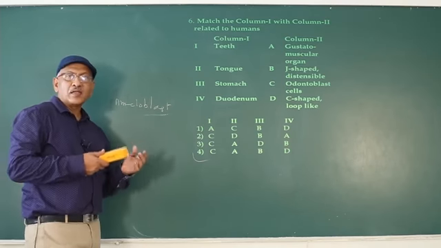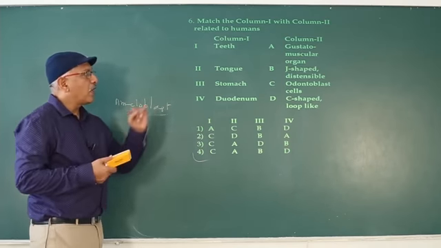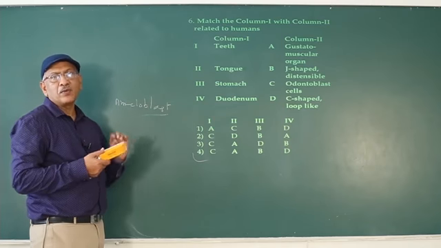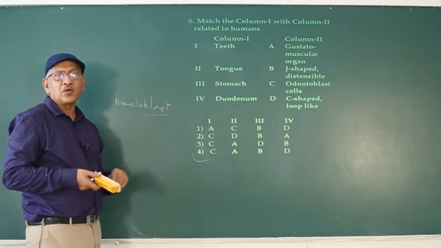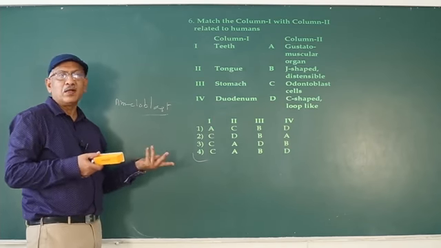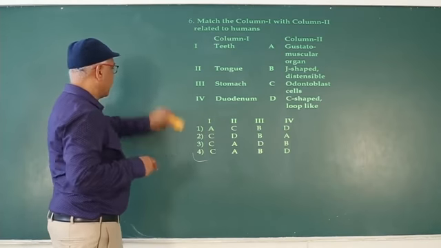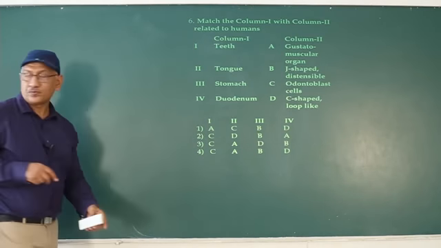So ameloblast cells are of ectodermal origin and odontoblast cells are of mesodermal origin. So teeth are of ectomesodermal or mesoectodermal origin. So next question is,